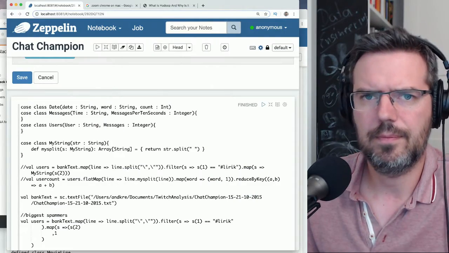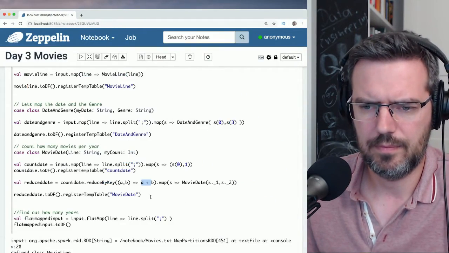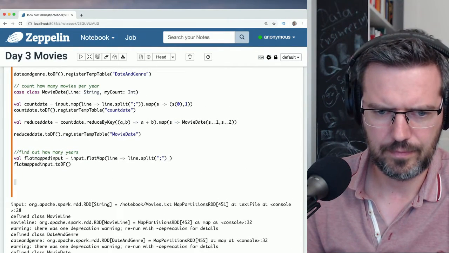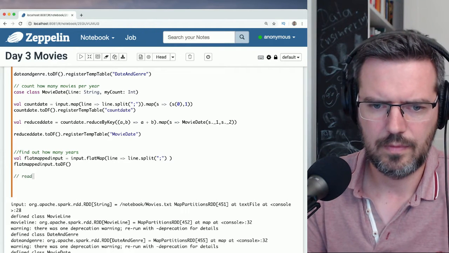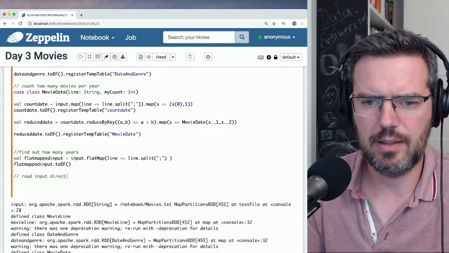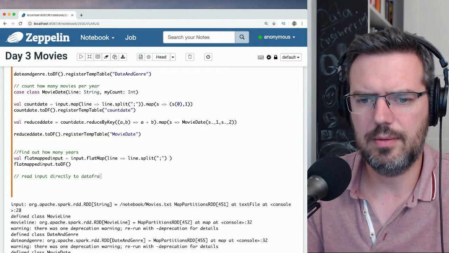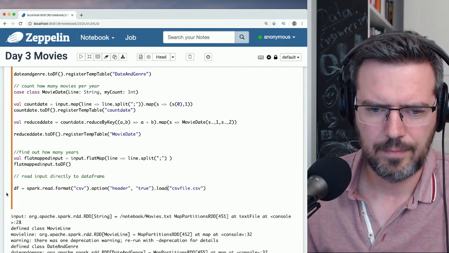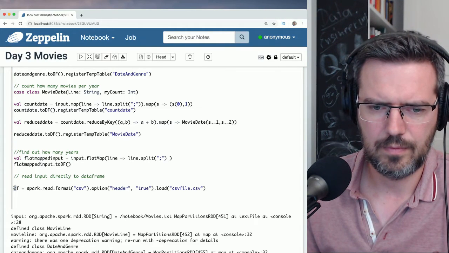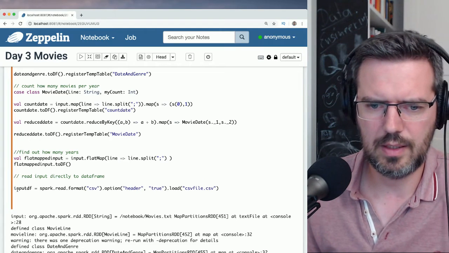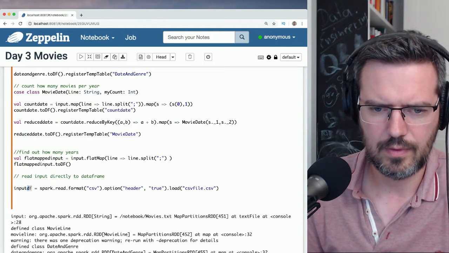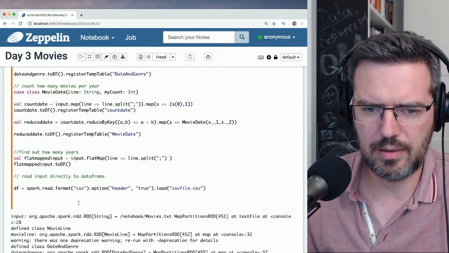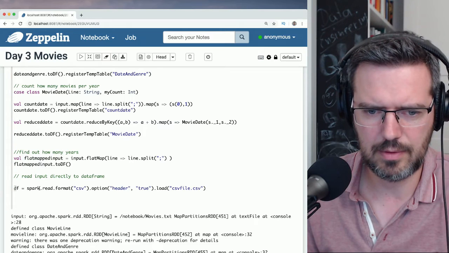Let's try this quickly. That's the wrong one. Let's quickly try this. Read input directly to data frame. Input df, or let's call it sdf. Now you guys are already spiraling. What has happened?